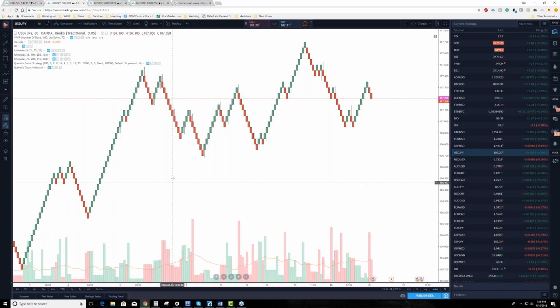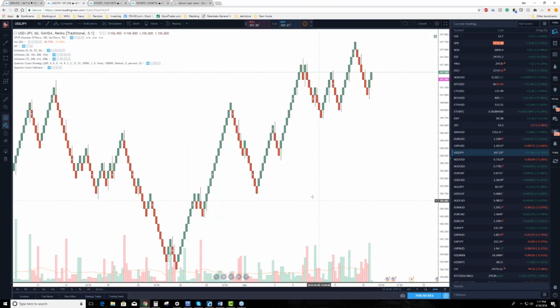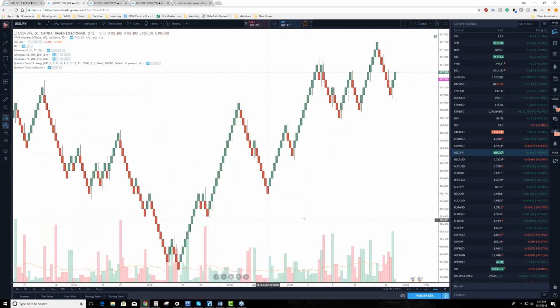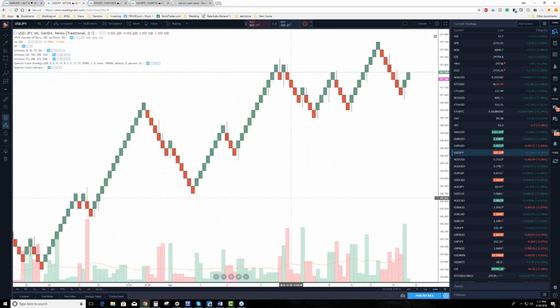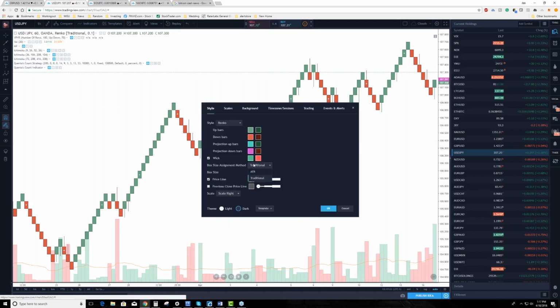Now Renko, you'll notice it looks a lot different, right? These are just bricks that form. Now Renko filters out the noise. Candlesticks are noisy because there's so much stuff that happens. You could be stuck in a 10 pip range for hours. Renko does not involve time. It is just price. Right now I have it set to 0.1, so that means each brick